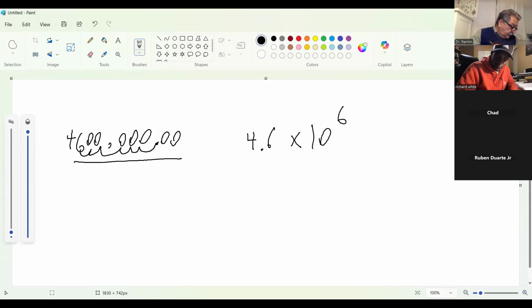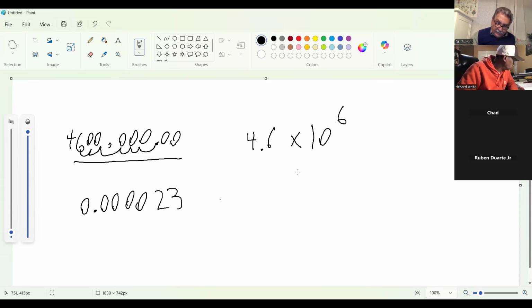Let me do another one. Example B. It has 0 and 4 zeros, 1, 2, 3, 4, 23. I want to write that as a scientific notation, so I want to move this decimal point between 2 and 3. So I have 2.3 times 10 to the power of